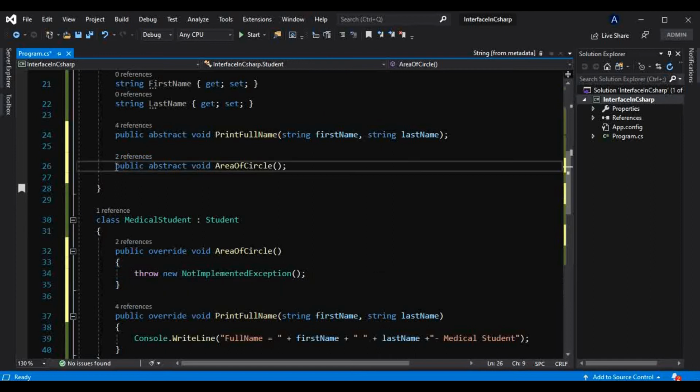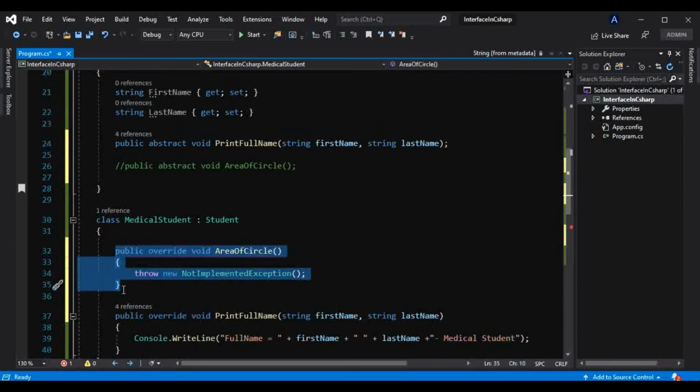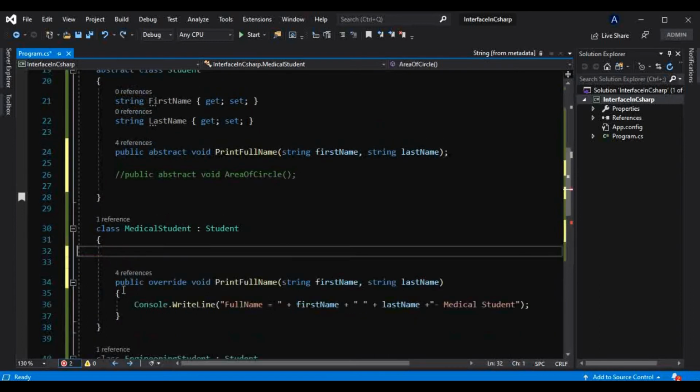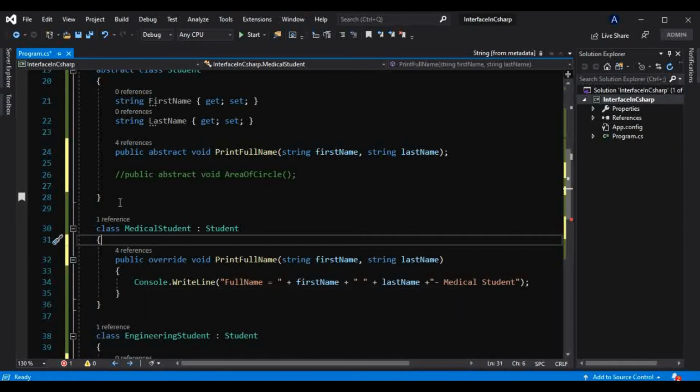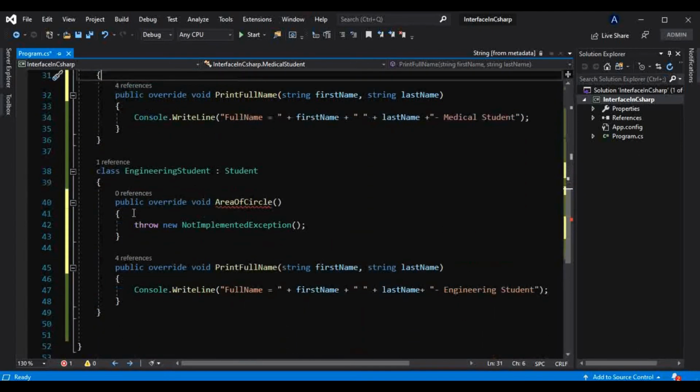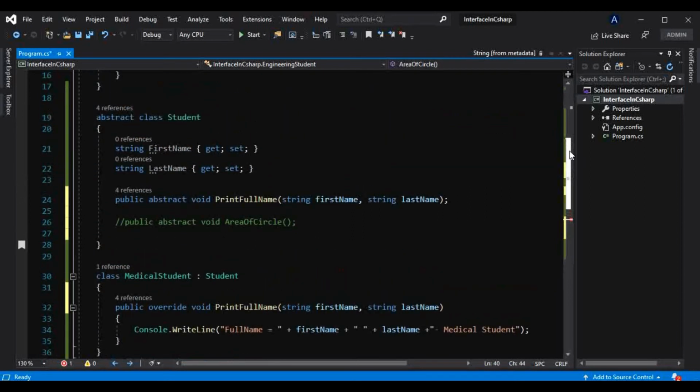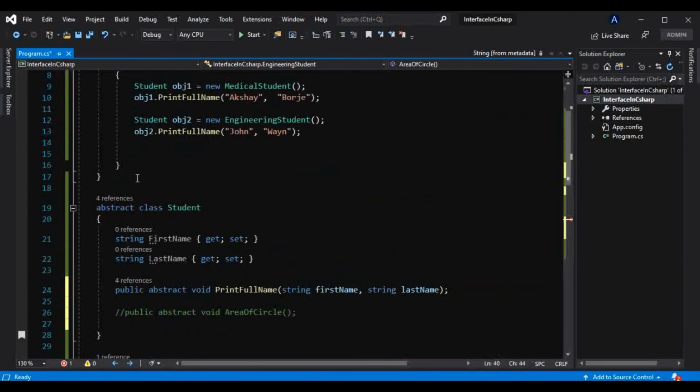So now instead of introducing that method here in this abstract class, we can take an interface instead. That is a new interface instead of introducing that new method here. And how, I will tell you that. Okay, so for now we will keep this implementation here as it is in this engineering student class, and we will create one interface here.